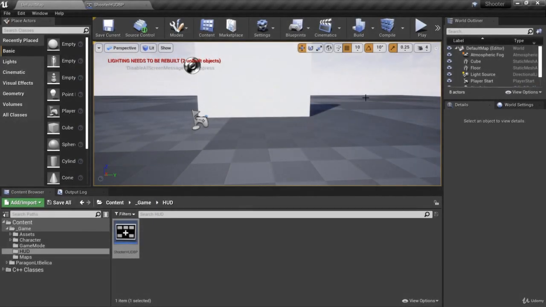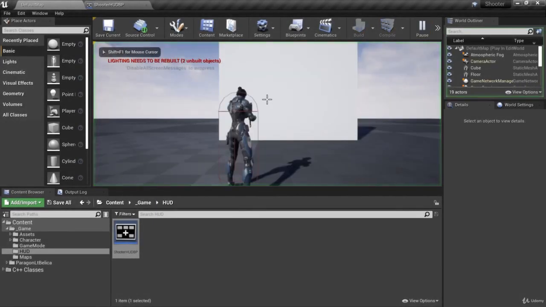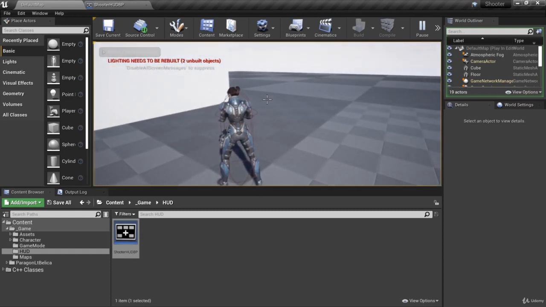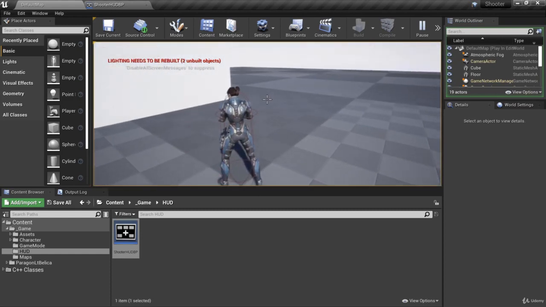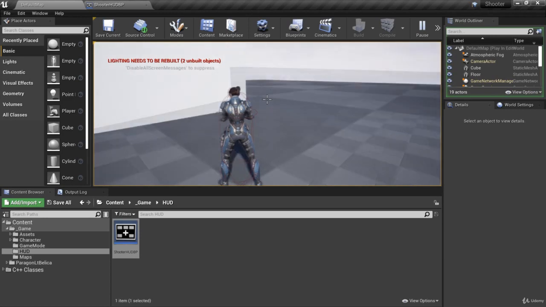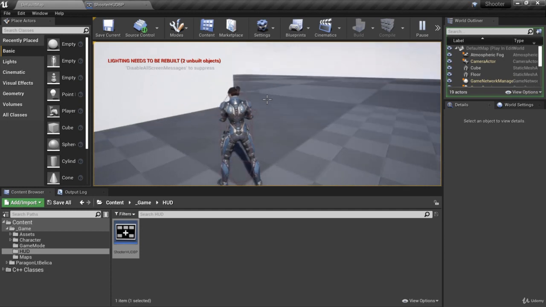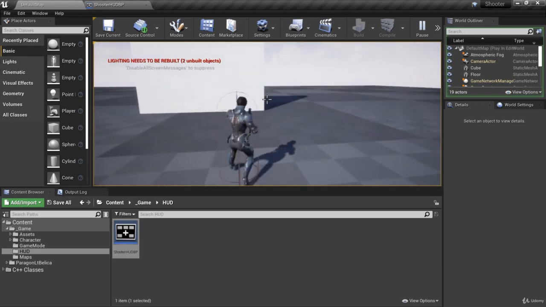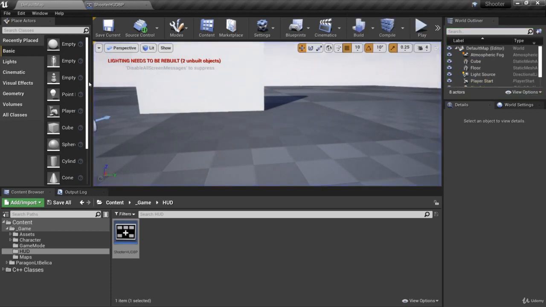Welcome back. In the last video, we implemented a line trace going from the screen space location of our crosshairs deprojected to world space. We then used the hit result from that trace to set the beam end location and the impact particles so that we can direct bullet hits based on where we aim. Now, there's a slight problem we need to fix here, and we can see that problem if we drag in